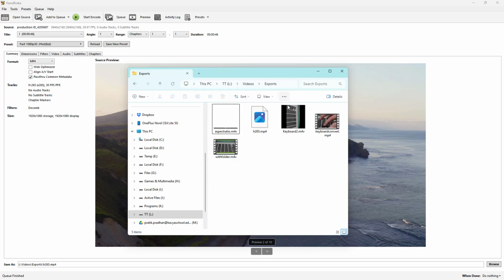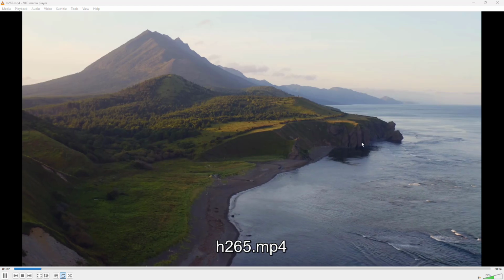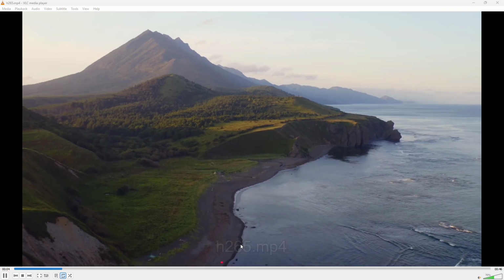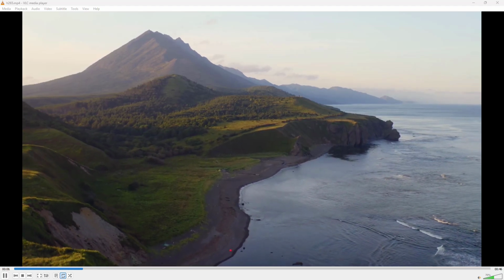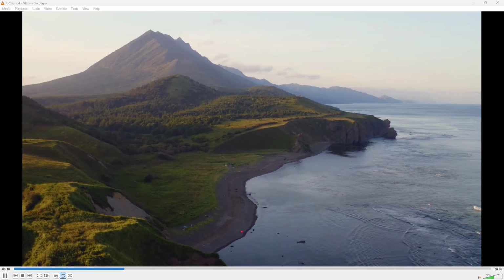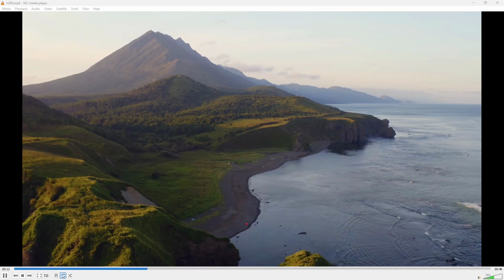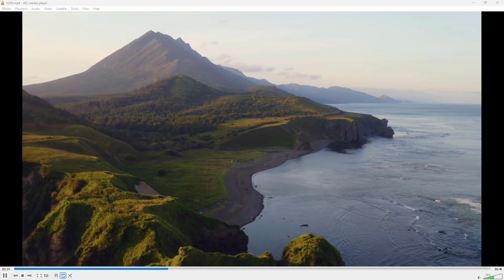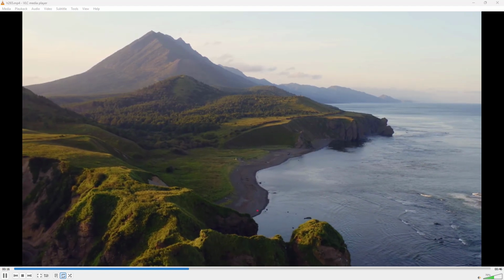So if I were to actually go over here, then you can see that I have this video file right here that you can go ahead and access. And then this is the video that it exported using the X265 codec. So that is how you can change the video codec that you want while exporting video inside of Handbrake. So I hope you guys learned something